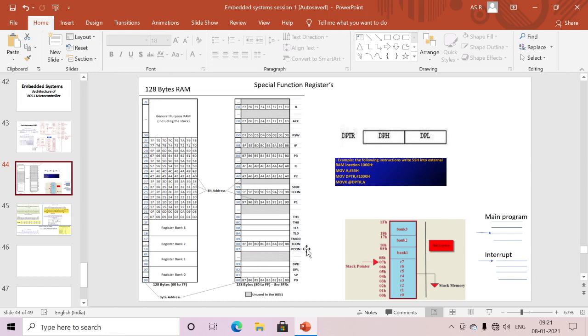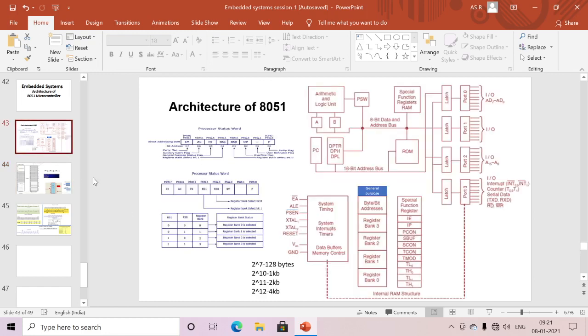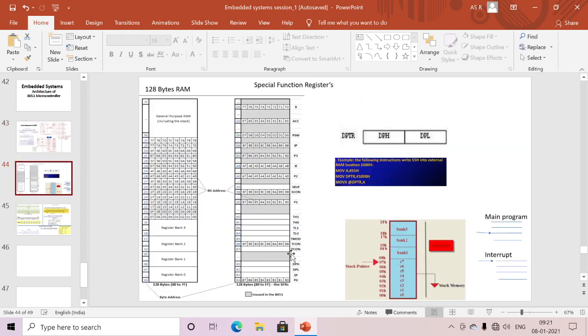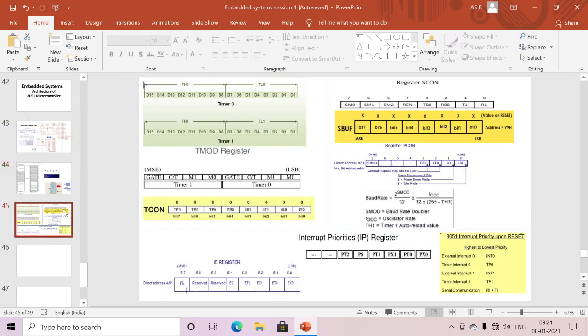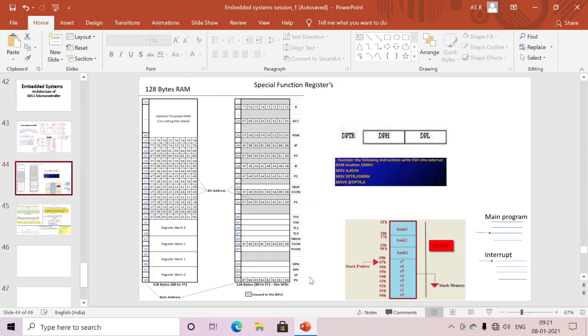This is the power control. PCON is my power control. Right now we are discussing the special function registers, just the outlines. The next slide we'll discuss briefly. Here are the stack pointer, DPL, DPH, and we already discussed PCON. For example, with power control I can move my microcontroller to idle mode or power down mode. We also have a special feature: if I want to double the baud rate for the communication, we use this PCON register. We'll discuss that further in the next slide.